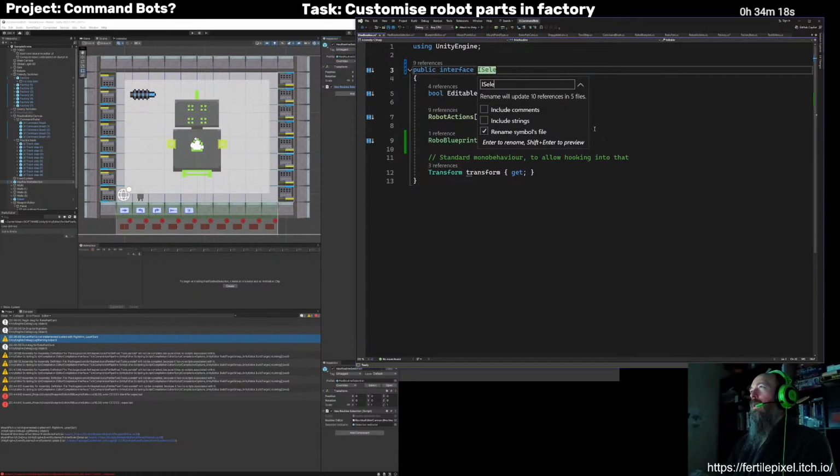There's just like a selectable entity or something. Selectable unit. That's better.